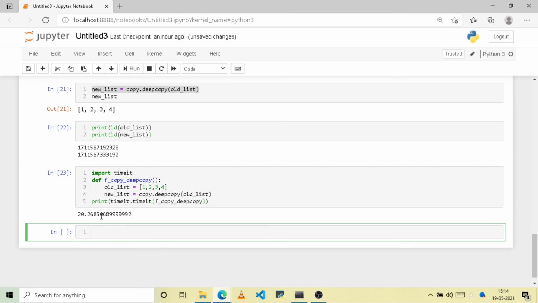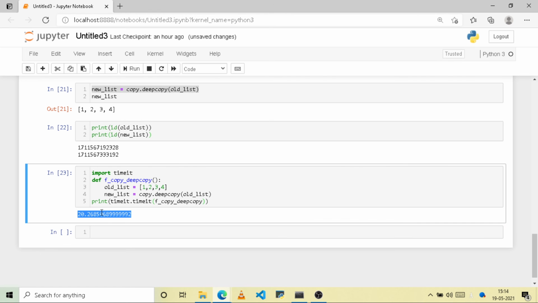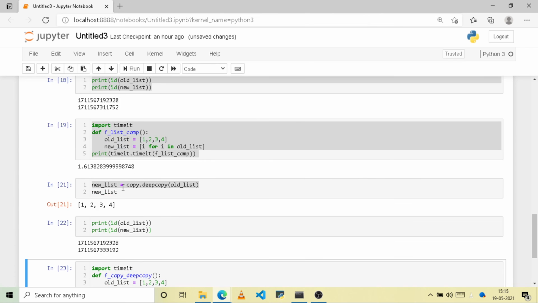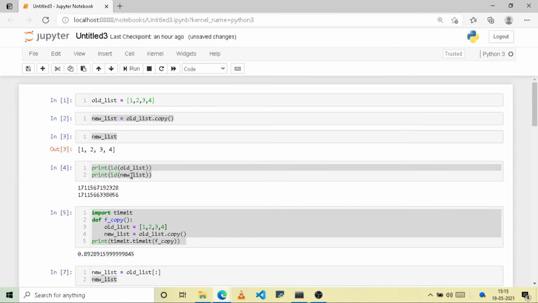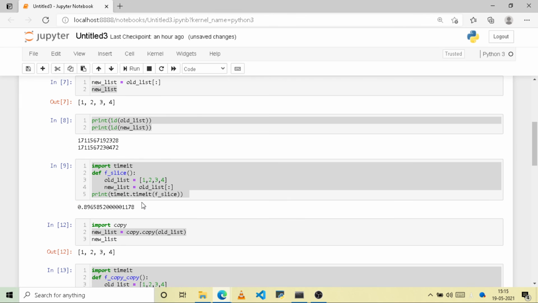Here, as you can see, it takes almost 20.2 seconds. So in this way you can see that copy.deepcopy is the most time expensive, and the best methods are slicing, copy and extend. Slicing, copy and extend are the fastest methods to copy or clone a list.